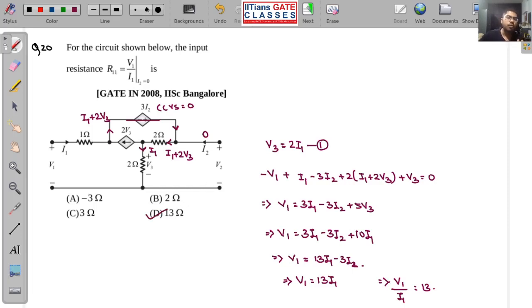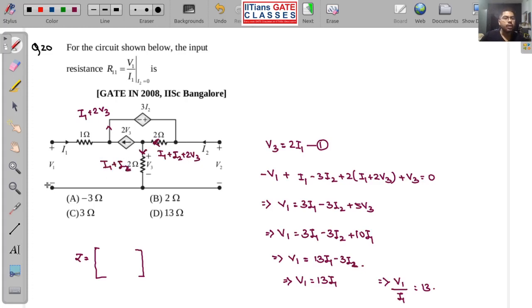Now what I want from you people, you know what I will be asking. I am going to ask you all the Z parameters. For that, simply you are going to divide the current without making this I2 0. So this will be I1, from here it will be I1 plus 2V3, from here I2 will be added. So from this 2 ohm resistor it will be I1 plus I2 plus 2V3. So 2V3 is flowing from here, so obviously from this branch I1 plus I2 current is flowing.